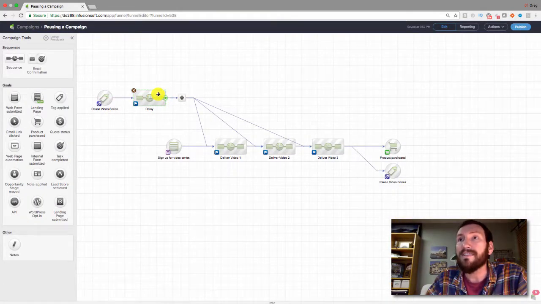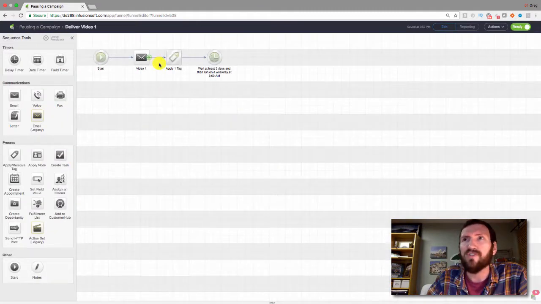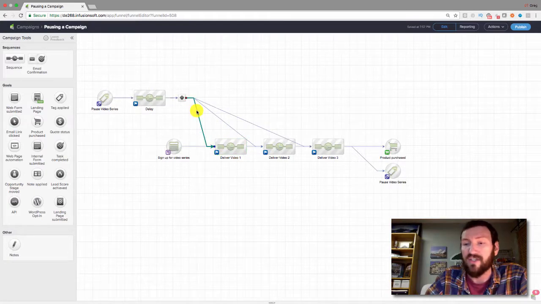And then as soon as that delay elapses, this diamond is going to filter them into one of these three sequences. If they don't have any of the three tags, we know they should go right in here, which most people would have that first tag because there was no delay at the beginning. So that's probably not even necessary to have that first step because we know anyone paused has already received it.